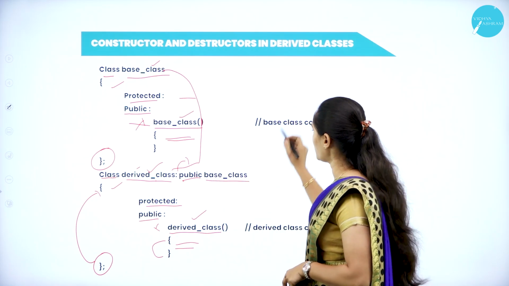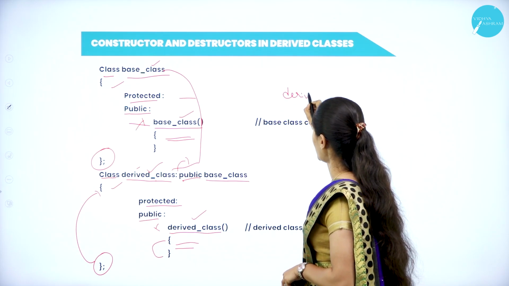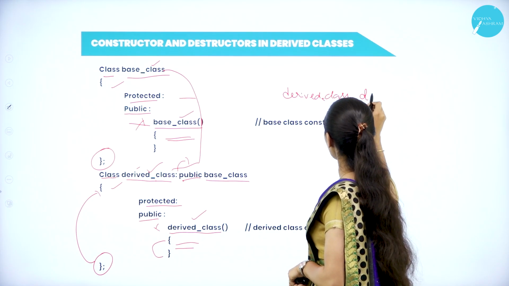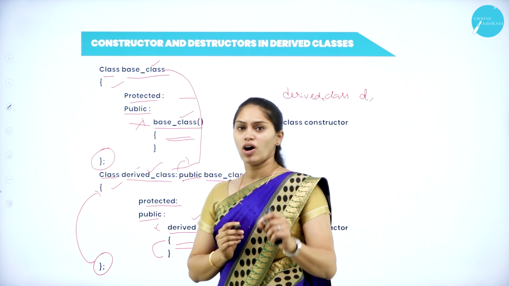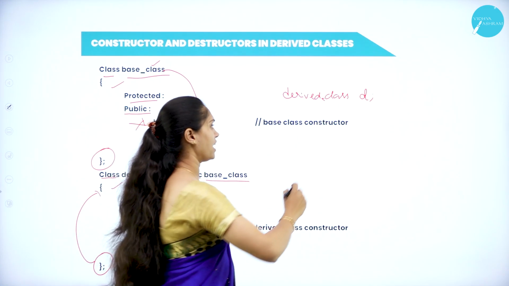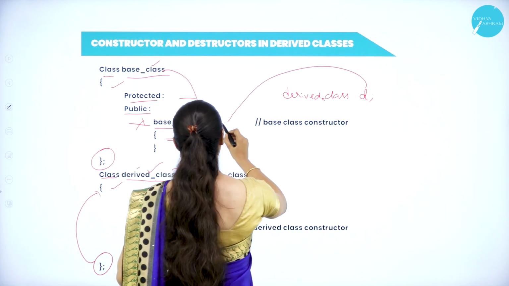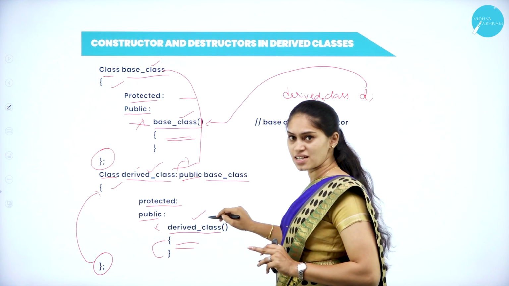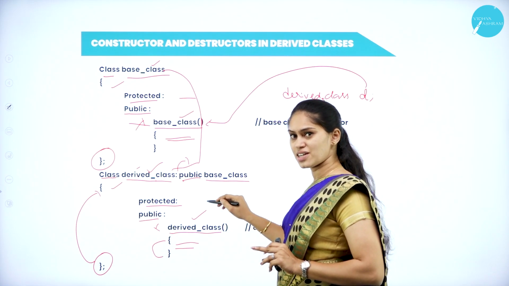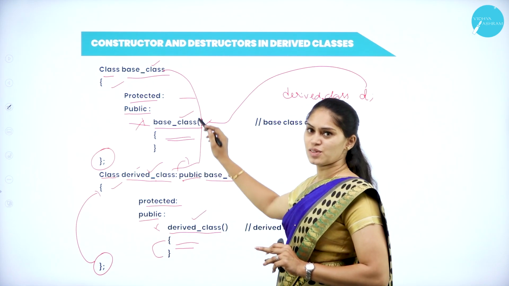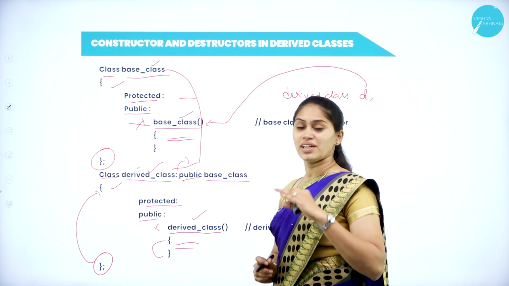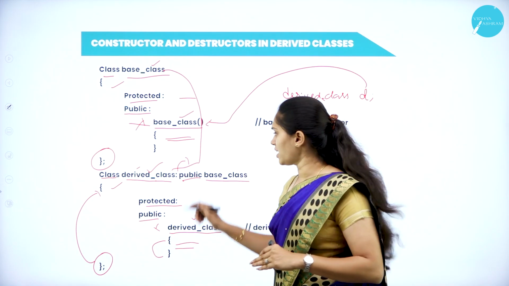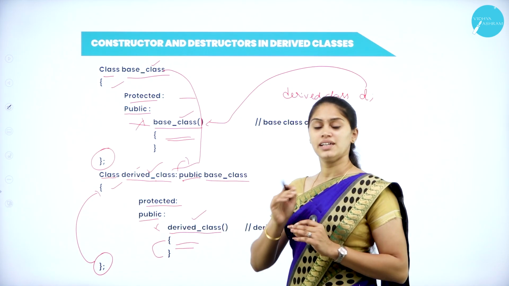So when I am going to create an object for the derived class, D, let me take the object as D. When I am creating or using this object, at that time the control will be moved back to the base class constructor instead of this derived class constructor, because this derived class constructor is going to acquire the features from the base class. So whatever constructor is there in the base class must be executed first, then it will come to the constructor of the derived class.